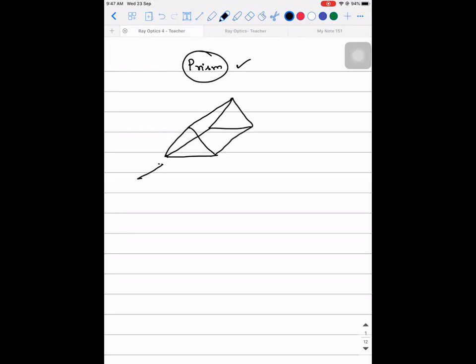But when you see it from this side, what shape will you be able to see? You will be able to see only a triangle, right? So that's why sometimes they call it a triangular prism also. But my question is, if I need to give a definition to a material of this kind, where we need to call it a prism, what will be the definition we'll give it?